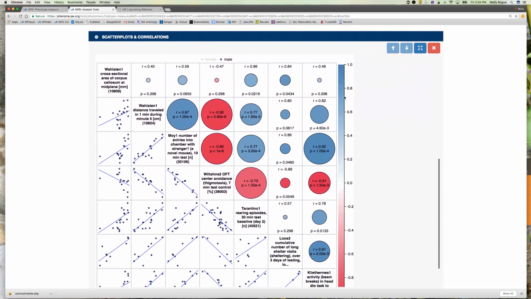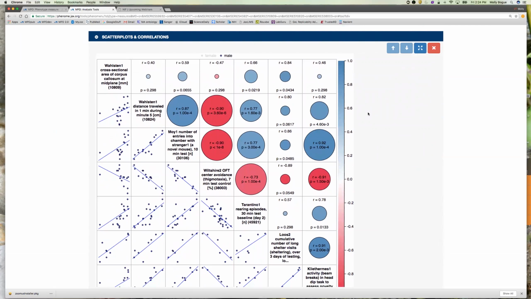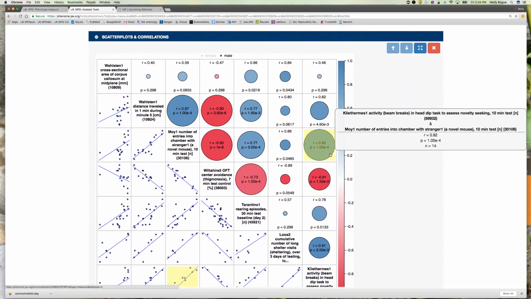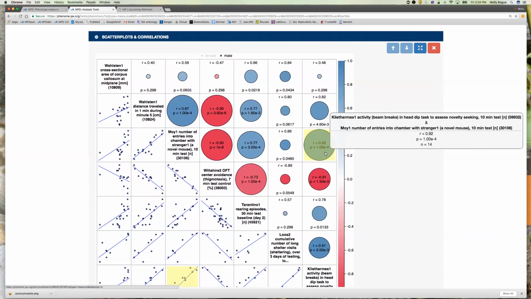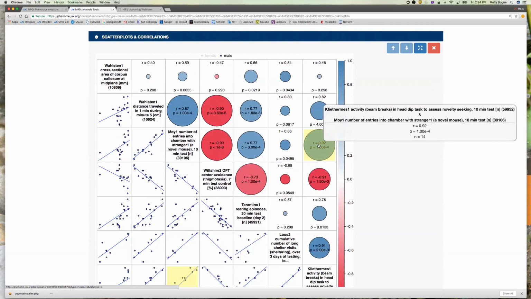This is a typical correlation matrix where the correlation coefficients are either red or blue, different shades of red and blue depending on whether it's positive or negative. Positive is blue, of course. And the size of the circle is related to the p-value. So the larger the circle, the smaller the p-value. I can mouse over any of these cells and get information,